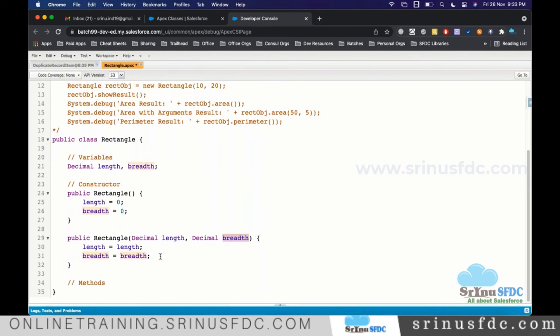Now I want to bring the visibility. Now I am saying I don't want this local thing, whatever we are referring to on the left side, I want this one, not this local thing. So for that, we use the this keyword, right? this dot length is equal to the variable component. Right? So like this.